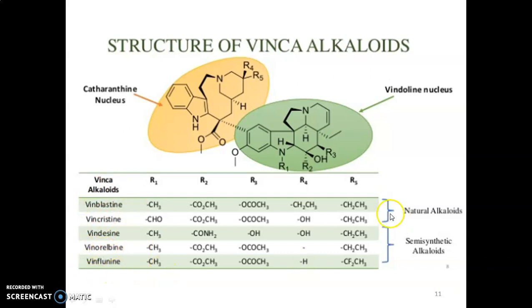These 2 upper ones, vinblastine and vincristine, are the natural alkaloids, whereas these two are the semi-synthetic alkaloids, and the last one is the synthetic alkaloid. So these are the Vinca alkaloids. This is the basic structure of Vinca alkaloids with the catharanthine nucleus and the vindoline nucleus. So in the vindoline nucleus, you have R1, R2,